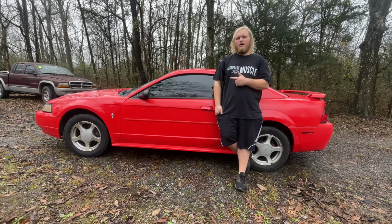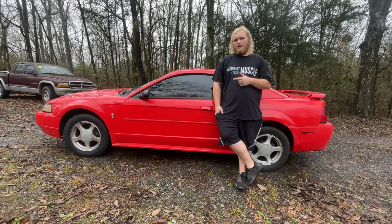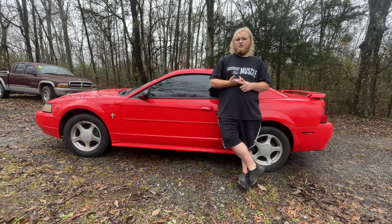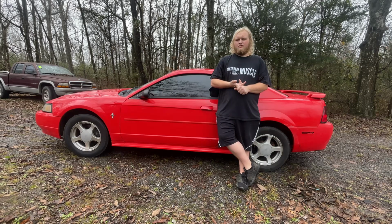This is a 2001 Ford Mustang, and today we're going to review it. This one has the 3.8 V6 engine and a 4-speed automatic transmission. It makes about 190 horsepower. Not too great on the gas mileage, around 19 or so in the city, and more about 24 or 25